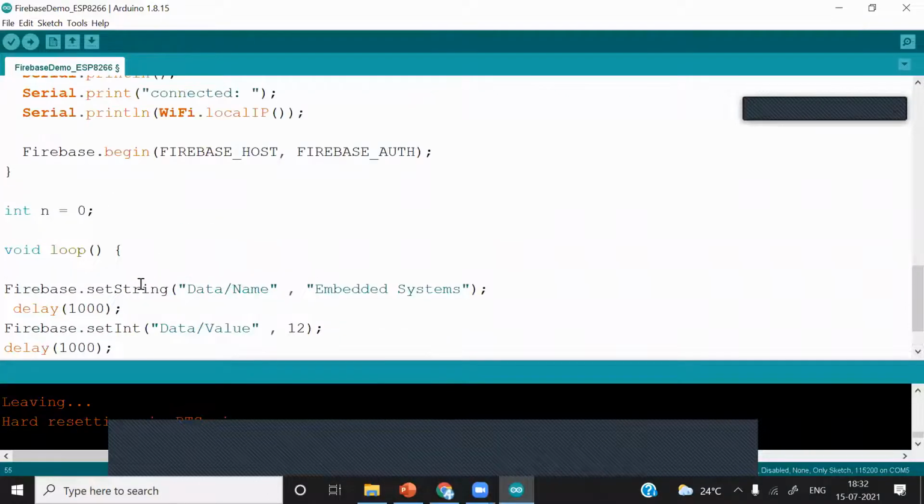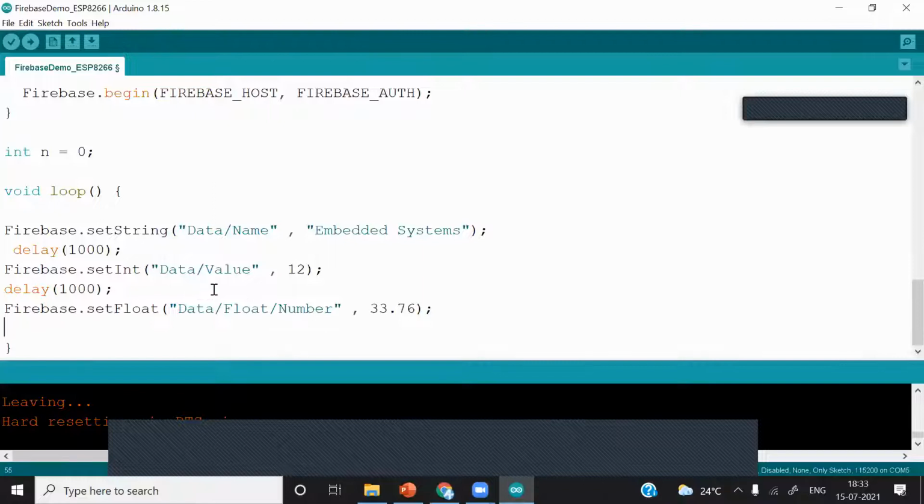Okay, so it is very useful when you are putting multiple data types or multiple data, for example temperature data, moisture data, conductivity data, light intensity data. So you can differentiate different data. What you can do is data underscore value, temperature, moisture, conductivity, light intensity. You can put any data you want, name, age. Okay, this is how it works. So hope you have understood this.